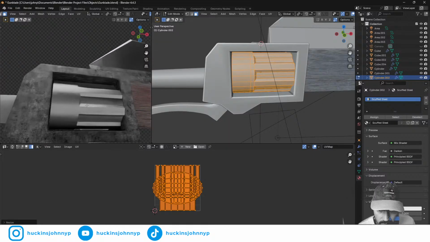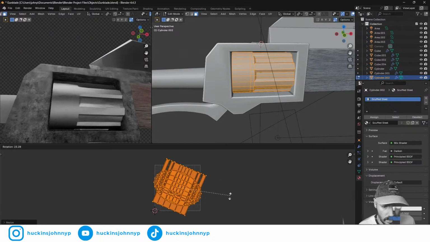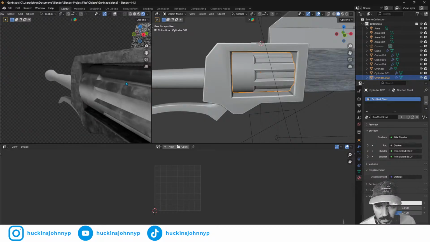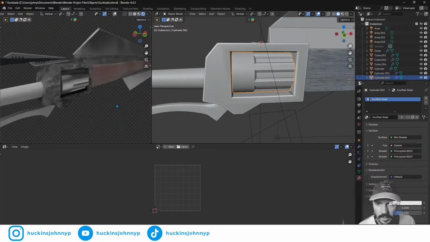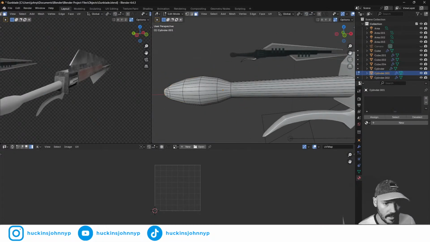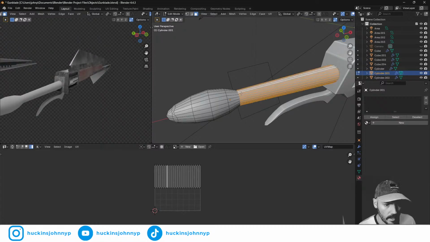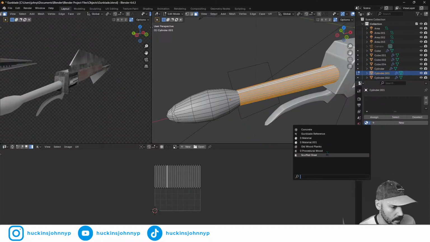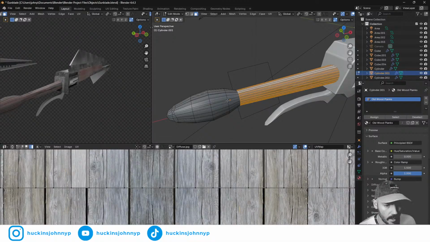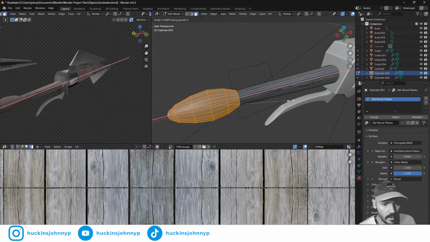Yeah, looks like it's repeating quite a bit. Let's rotate like this. I like that. Now you almost have the rotational scratches going on with that. And then the handle should be the same as the, let's go like this. Let's assign to the old wood planks, assign, and then this, wait, Control Z, Control I, scale X,